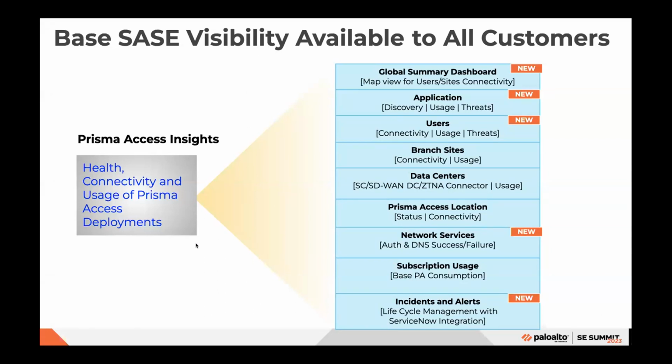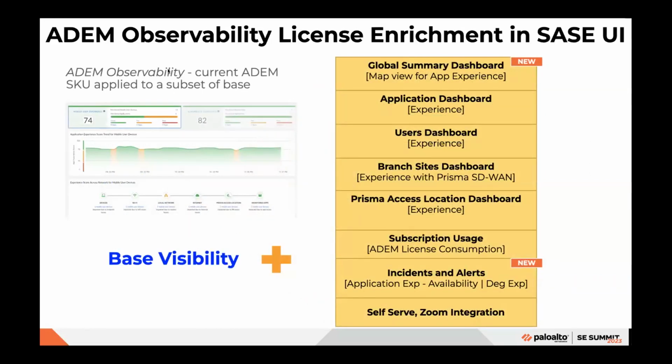Let me keep moving. So for ADEM observability, this is the current ADEM SKU that our customers have. So with this license, they will get everything that I just spoke about in base visibility. And in addition, they get everything that is shown here on this yellow bucket with new features as well that we are bringing in. And one of those new features is this global summary dashboard, which will have, in addition to what I described in base visibility for users and sites, an app SLA management dashboard as well, which